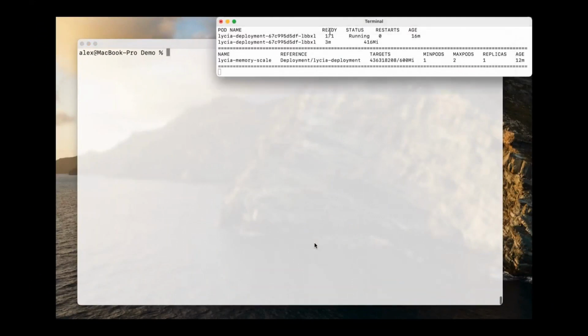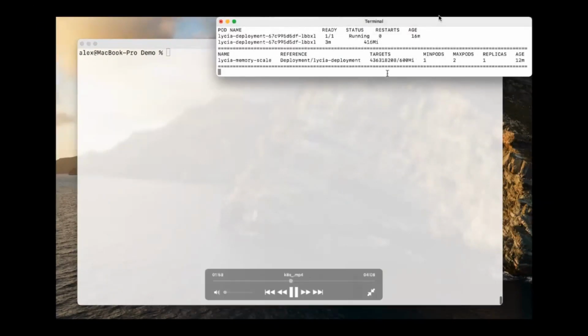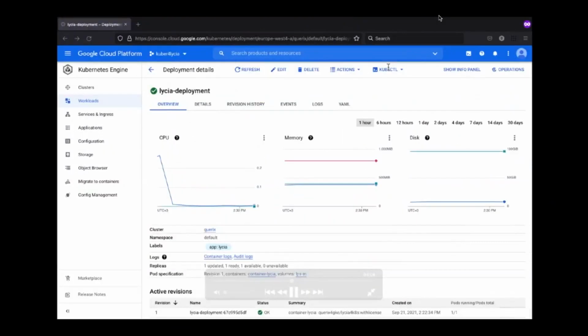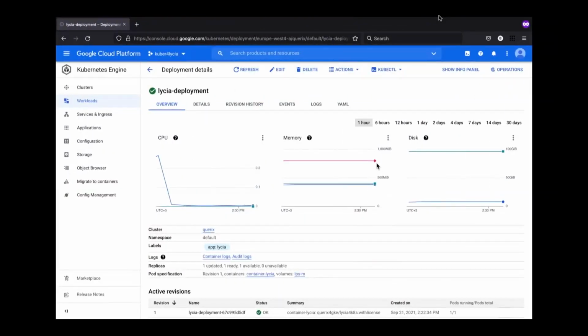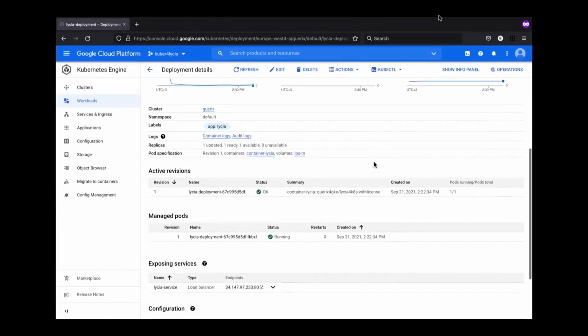So let's check the cluster dashboard. We can see the number of running containers. The same we can check in the web-based console: memory utilization, one container is running,